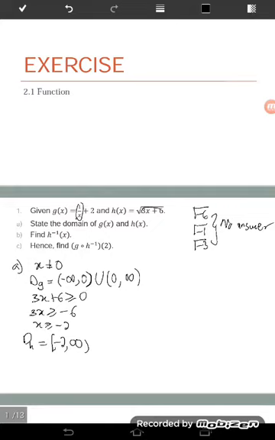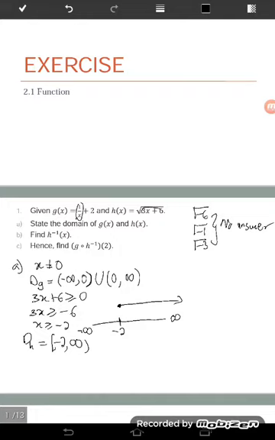How did we get this, sir? Okay, this one about greater. I think it was in chapter 1 the other day. In chapter 1, number line, negative 2. The right side is the greater part, the left side is the smaller part. On the right side, at the end is infinity, and on the left side at the end is negative infinity. Here we have x greater or equal to negative 2, so from negative 2 to the right. So we have negative 2 until infinity. This is the answer.